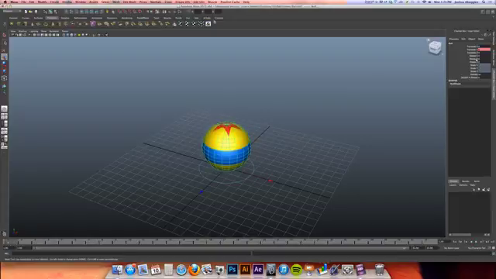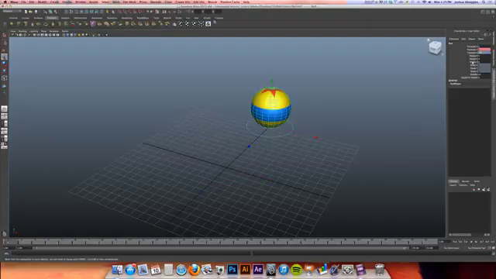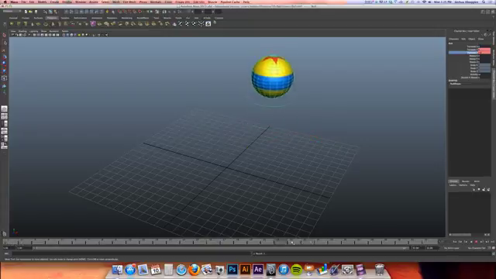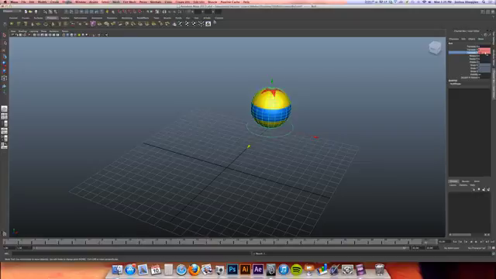So at frame 1, I'm going to enter in a value of -12, right, for the z-axis. Now the -12 puts us on the very edge of our grid because it's a 24-unit grid. At this point, I'll right-click and select Key Selected. I'm just going to scrub that along now to the 32 frame mark, and because